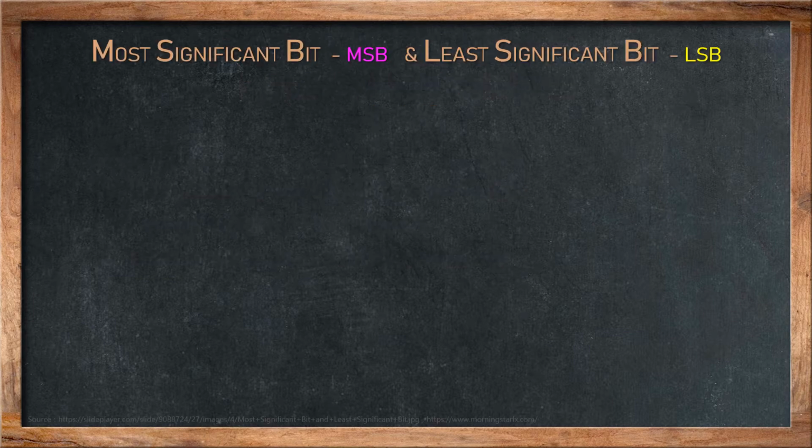Let's start with the first term, that is the MSB and the LSB. MSB stands for most significant bit and LSB stands for least significant bit. Here I have taken one example, 53. In this we are going to see why we call some bits the most significant and some bits the least significant. As you can see, I have highlighted the 0 as the MSB, and the 1 in yellow is my LSB. In this slide you can see the difference between MSB and LSB by color as well.